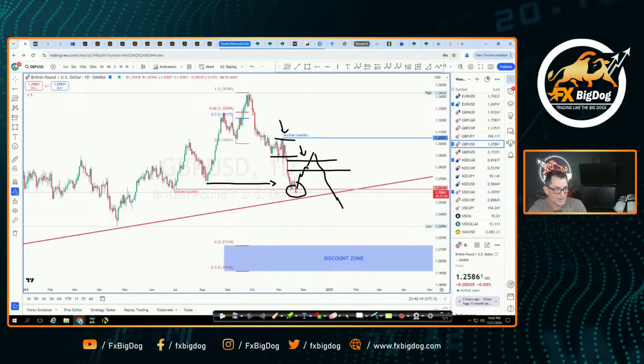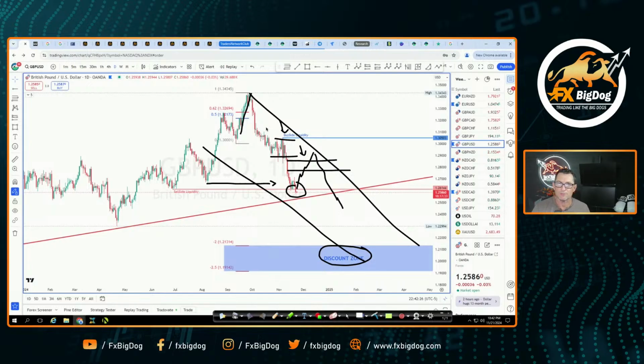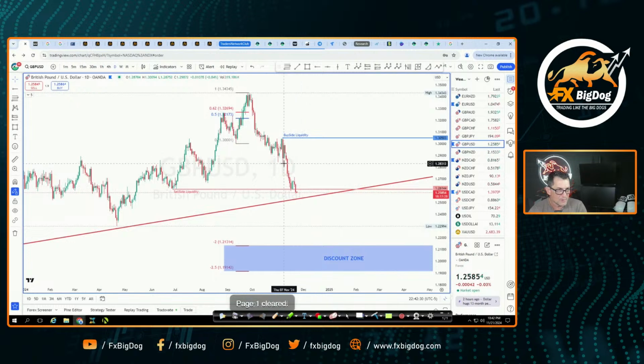And if this buy side holds, we're going to continue to move down because the trend is going to be down towards this discount zone right here, where we're seeing -2 and -2.5 deviation of this move right here. That's what price is going to do. Okay. Now, any sort of pullback, where can we go to? Well, I said around 28.50, and I think 28.50 is a good level that price may want to move back to before heading back down south. That'll probably be a good sell zone if we get confirmation of a sell opportunity.